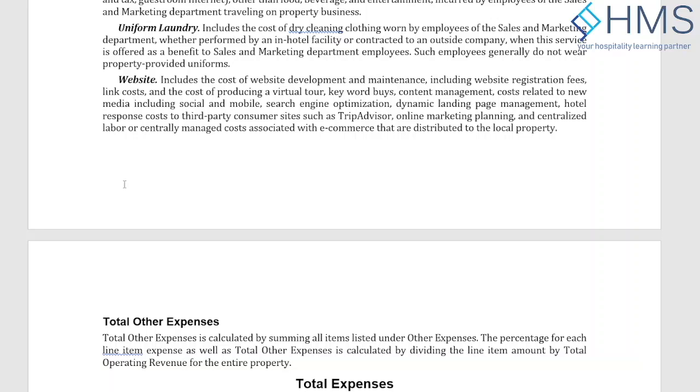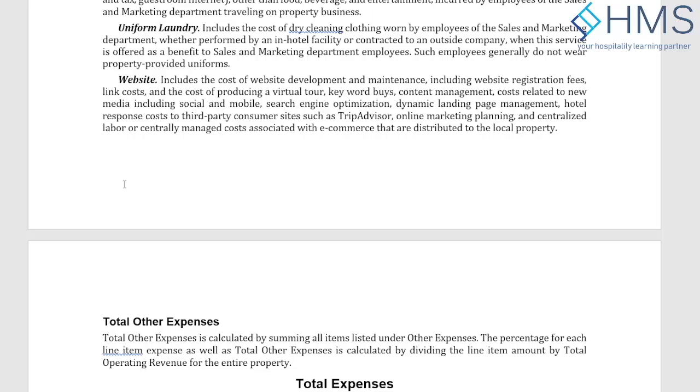Then in the website, usually you have maintenance, you have a domain name, you have the hosting fees of the website, and the maintenance fee on the website, plus any other things that you are putting onto the website, developing the contents, writing the content. The photography is not going to be here. Photography to put the photos on the website, the cost will go to photography if you are hiring an agency for that. And then connecting it with TripAdvisor or online marketing planners or the review companies.